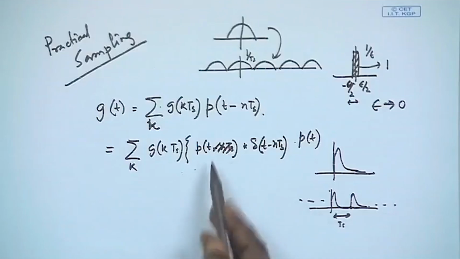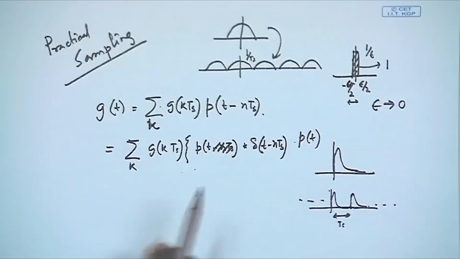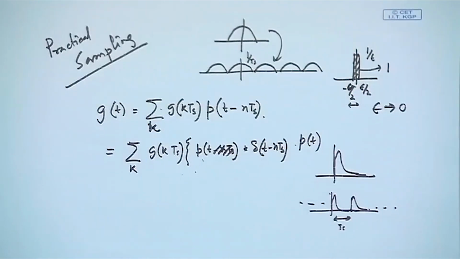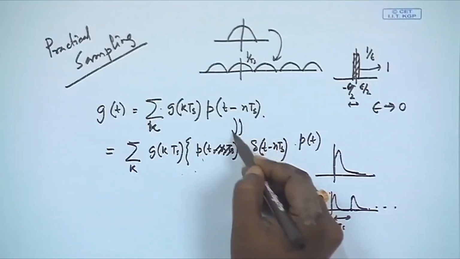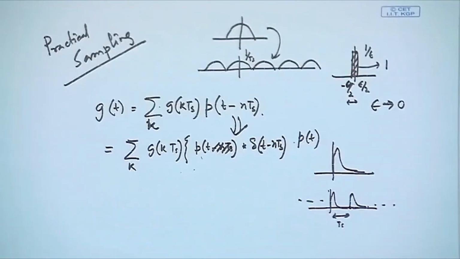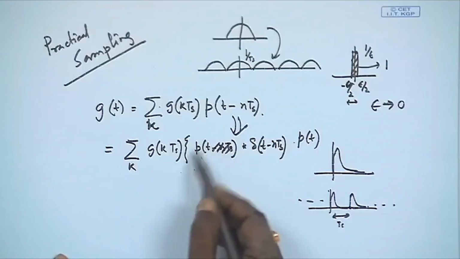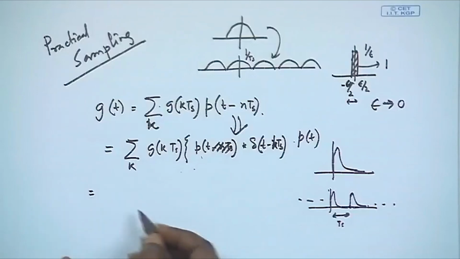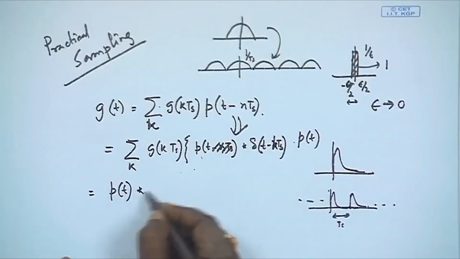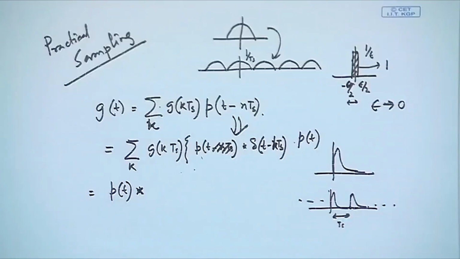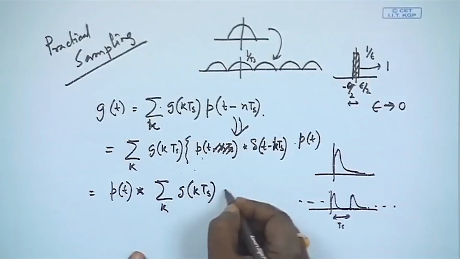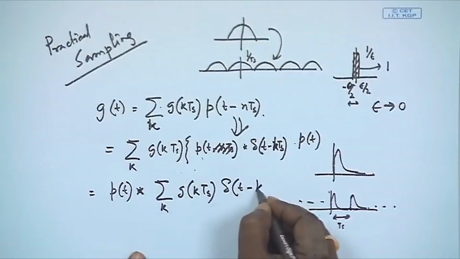Whenever we do this convolution, it creates a similar-shaped pulse at t minus kTs. So, these two are equivalent representations, something we know from the theory of the delta function. Because p(t) has nothing to do with k, it can go out of the summation with the convolution. So, sum and convolution can be flipped. So, this happens to be the sum of g(kTs) into delta(t minus kTs), right,